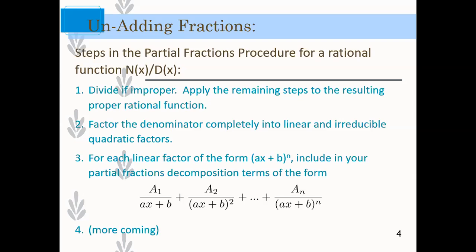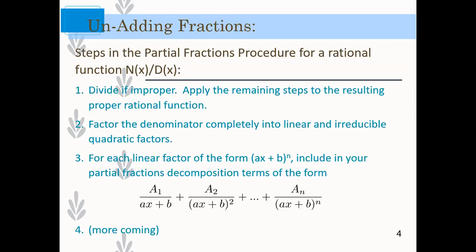If the power on top is higher than the power on the bottom, the initial step is always to divide so that you get something that's going to be easy to integrate. And then what remains is going to be a numerator whose degree is smaller than the degree of the denominator. Yes? So that way, moving forward, we can always assume the degree of the top is always smaller than the degree of the bottom. Step 2